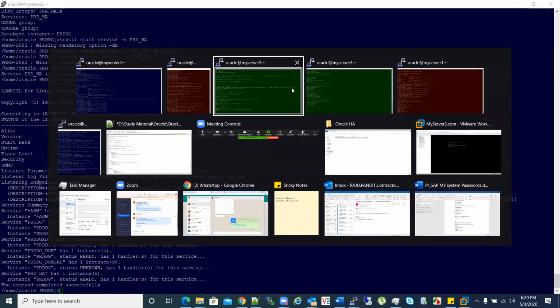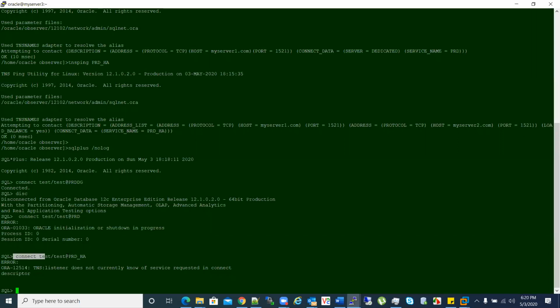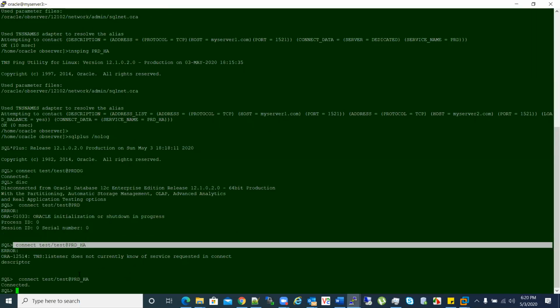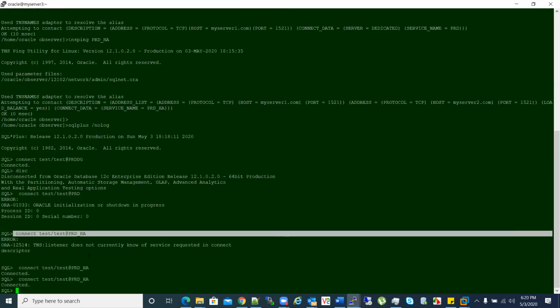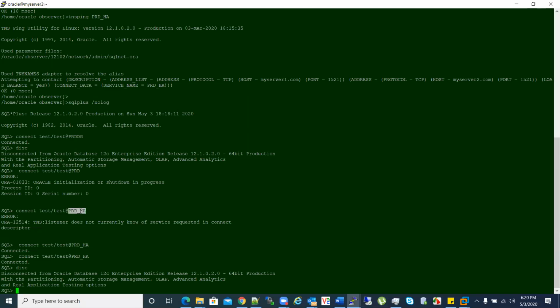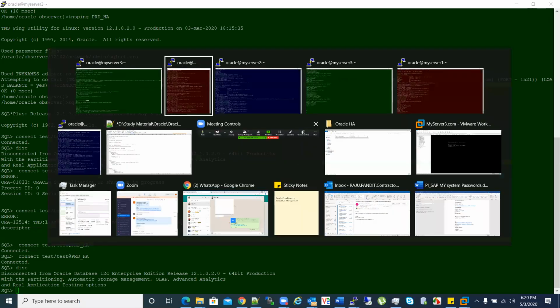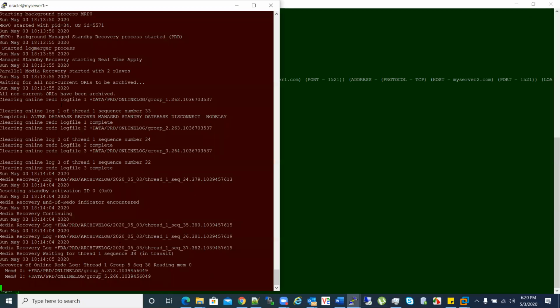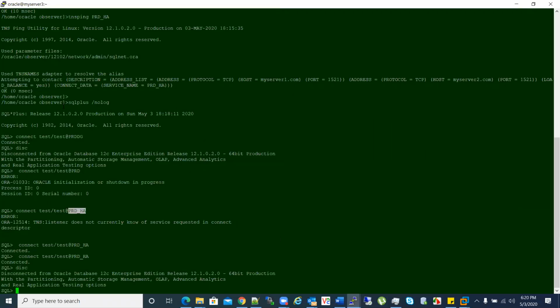Now the same command which I triggered here, if I trigger it and say connect, it connected. Even if I perform a switchover and the red one becomes primary, and I hit this command, it will always connect, because it is checking for the prd_ha service, and it will find that prd_ha is running on the red one, so this is primary, and it will redirect the connection to the red one. So prd_ha we will give to users or application guys.